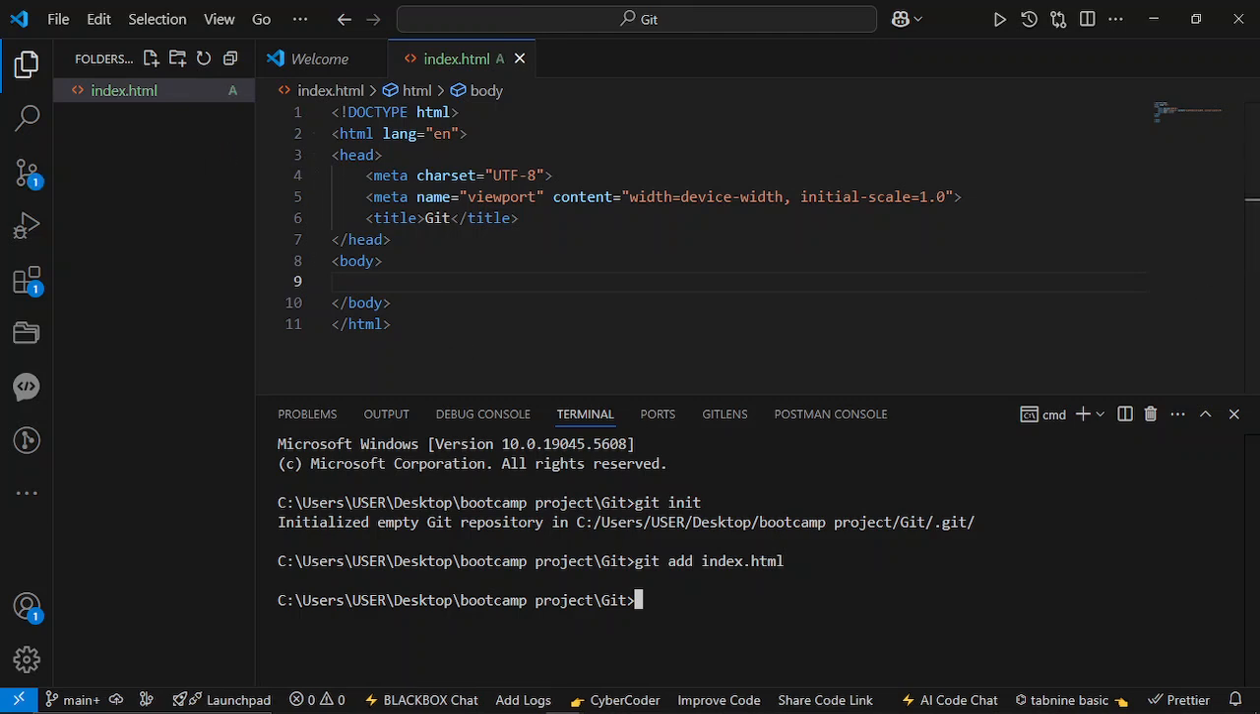The next thing after adding is, let's say I want to commit. First of all, before you commit, you add the file so that Git will be aware that this file exists, right? So after adding the file, then you commit. So I want to commit, so I'll just do git commit. Now, committing